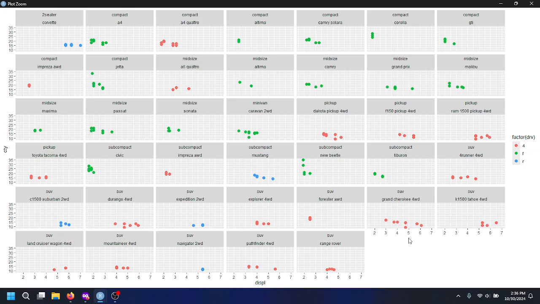And we can see we have a bunch of plots, right? SUV Land Cruiser Wagon, SUV Mountaineer four-wheel drive, SUV Navigator, SUV Pathfinder, SUV Range Rover, subcompact Mustang, subcompact New Beetle, subcompact Tiburon, and so on. So this lets us have really, really finite control. We can actually see a bunch of plots. And actually, the number of plots that we get is the number of categories in each one of these multiplied